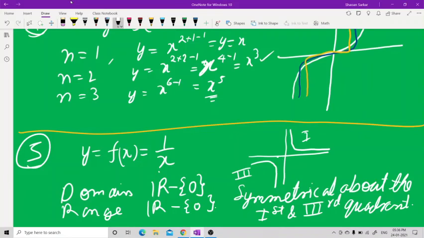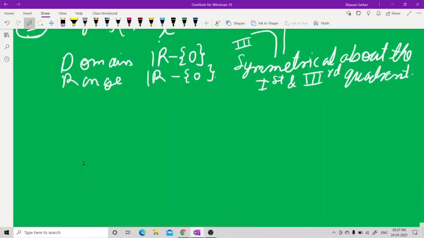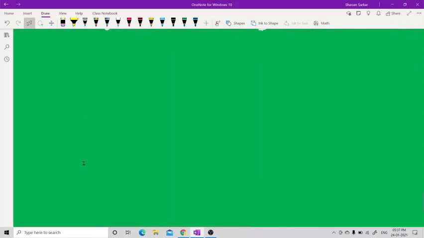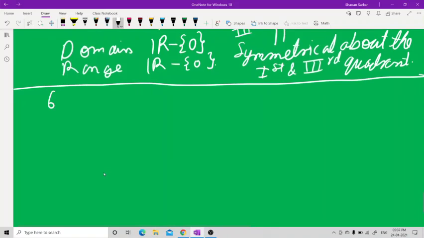Now this is done. This is for odd power of 1 upon x, x to the power of 1, something like that. Now let us see the next one. This is the 5th, 6th, 7th. Okay, 6th it is. We are doing the 6th one right now. The 6th one is y equal to f(x)